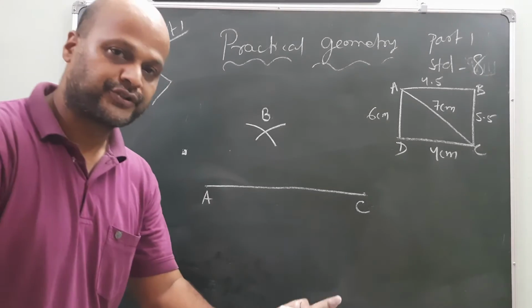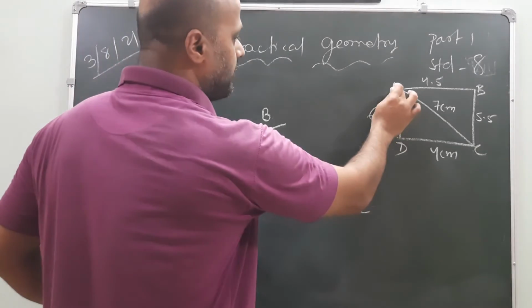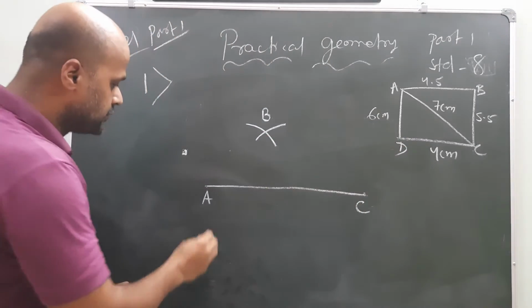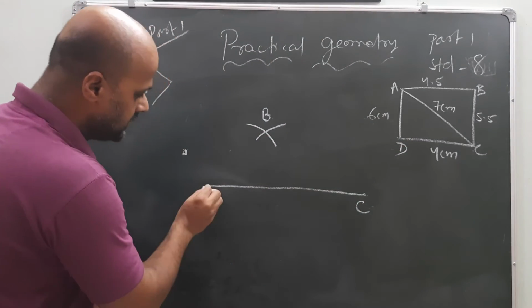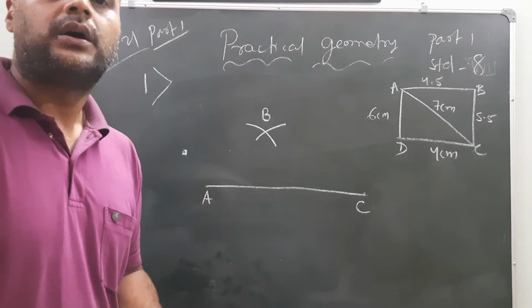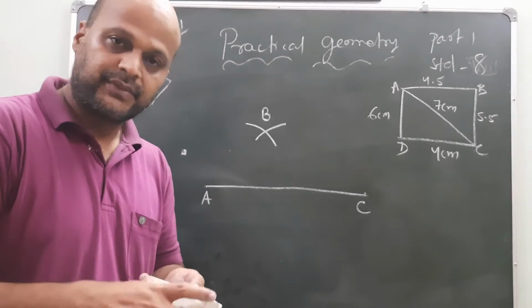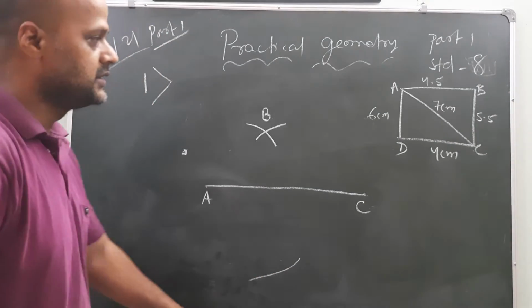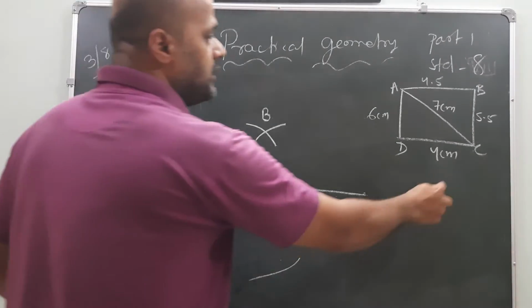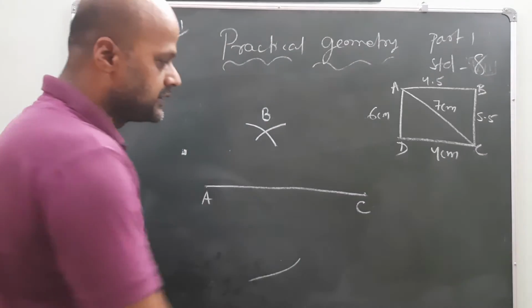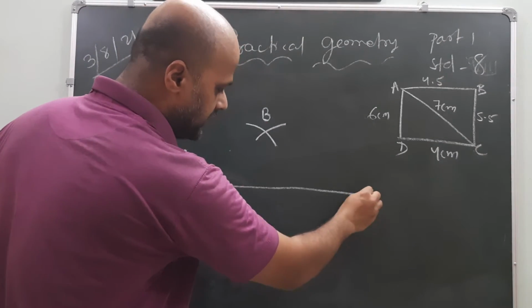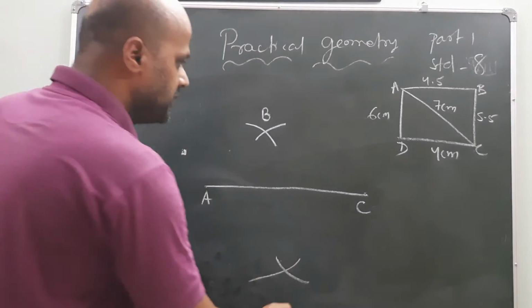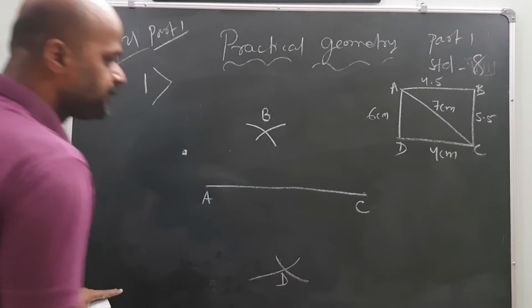Okay. Same procedure you have to follow. From A point to D point, what is the dimension? 6 centimeter. So from A downward, D is coming. With the help of the scale and the compass, take the measurement and bisect it from the downside. 6 centimeter. And from C is how much? 4 centimeter. From C point, put the needle here and bisect this previous arc. Whichever point is coming is called D.